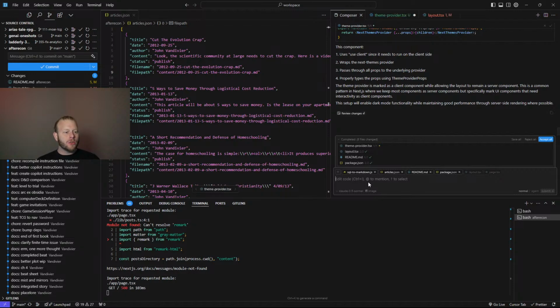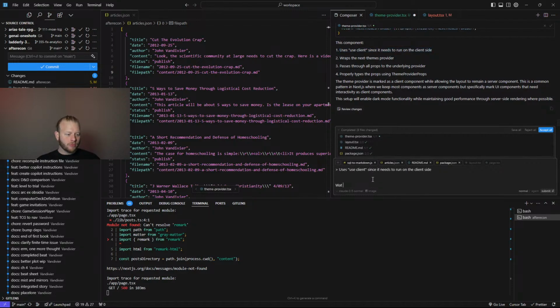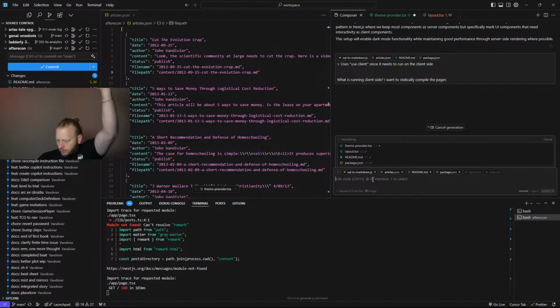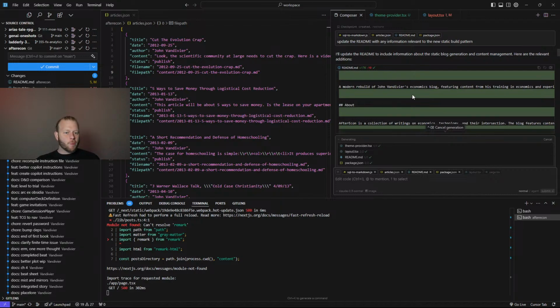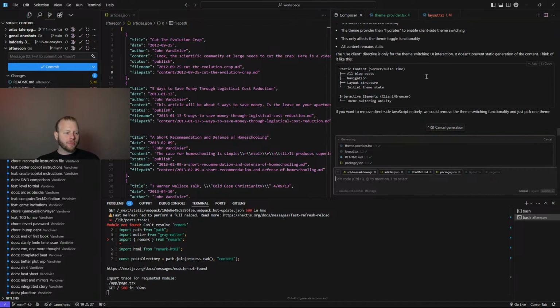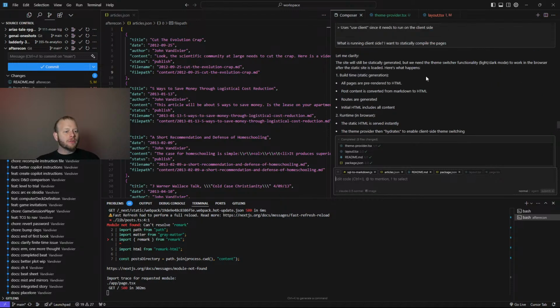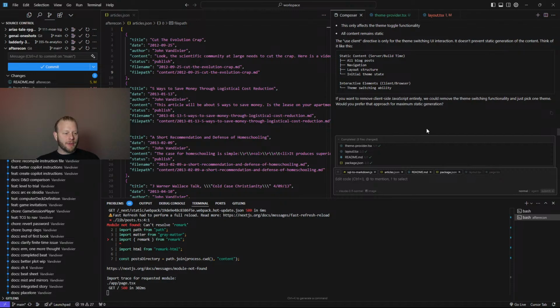Okay, so it's updating use client. I'm going to push back. It's telling me to use client. I'm going to push back on that. Although it's related to the theme, so that could be okay. It's for the light mode, dark mode. That makes sense. That makes sense.